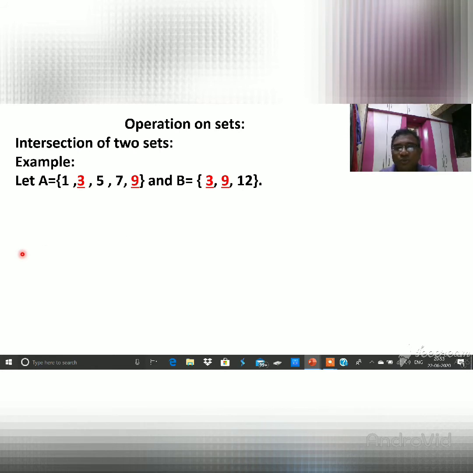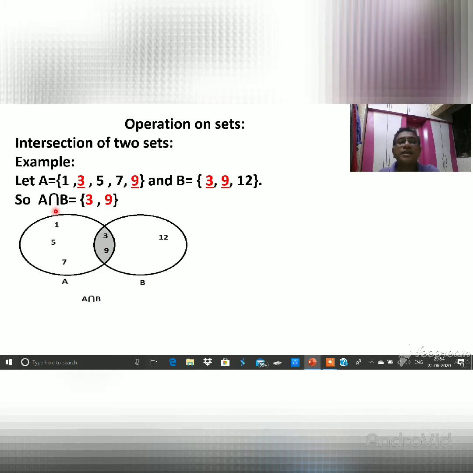Some of the students are thinking that it looks like a whale, so I am showing that. No, because those numbers are in set A and in set B. So those are the common elements, the same elements, and the same elements can be shown by the same color. So you observe the color easily, red. Which numbers are red? 3 and 9. So here the intersection is 3 and 9. So this is the meaning of intersection. Intersection means whatever is common between two sets is called the intersection.